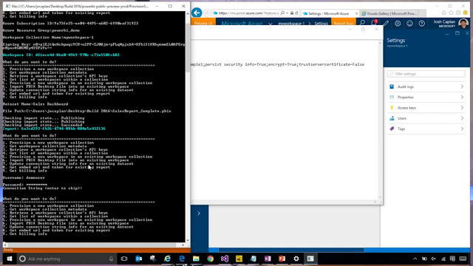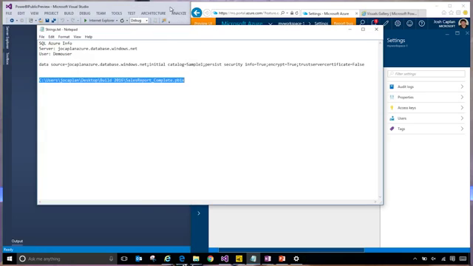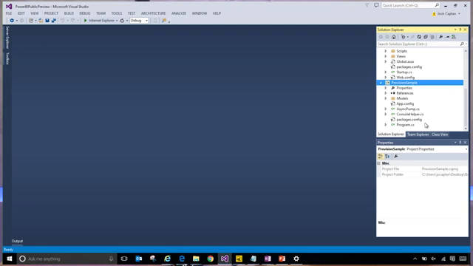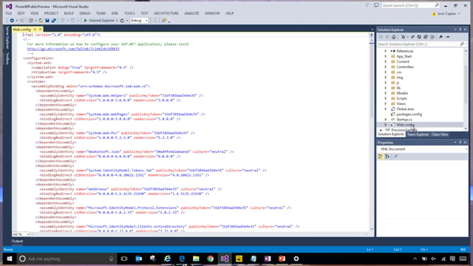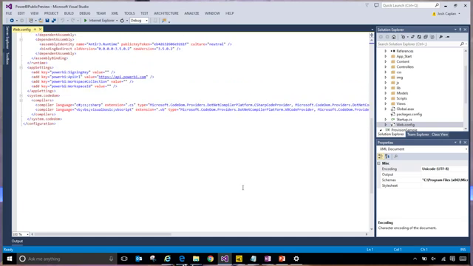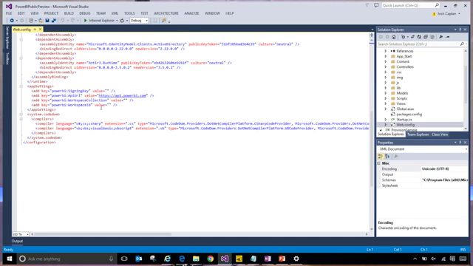So now, in order to actually view this report in Power BI Embedded, I need to write an application that will embed it. So in the sample, we have just such an application. It's called the demo app. And if you go into the web config, there's a couple properties you need to add at the bottom. One is that access key that we got from the portal. So let's go back to our